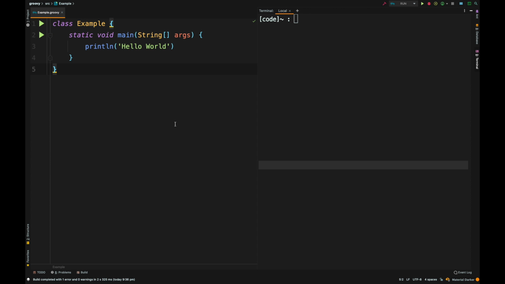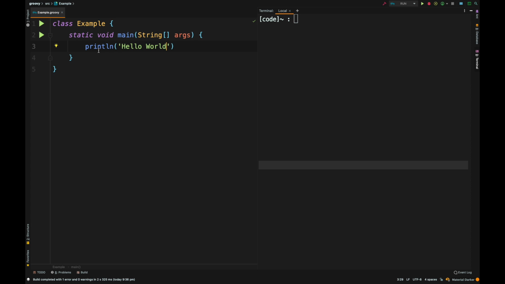We have tokens in Groovy. A token is either a keyword, identifier, a constant, a string literal, or a symbol. We have this line, println hello world. So there are 2 tokens here. The first is a keyword, println, and the next is a string literal in parentheses. A string literal is simply a string, a paragraph, or some text wrapped in single quotes or in double quotes.